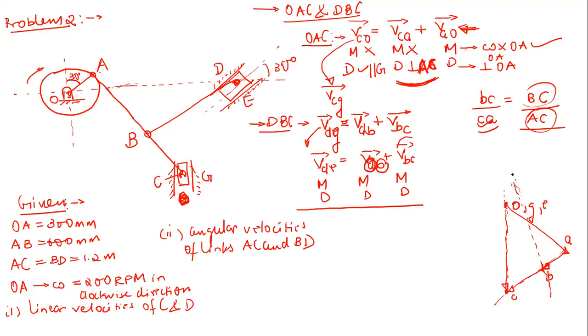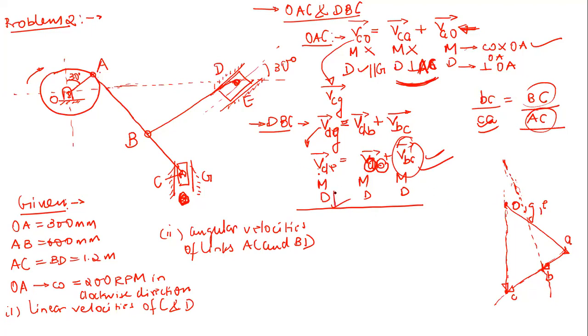And what should be the next step after this? So we are interested to locate this point D, right? Yes, sir. The VBC vector is now completely known to us. Only these two vectors are remaining, and the directions of these two vectors are known, right? So just tell me quickly, what should be my next step? Draw a horizontal line at O. At O, parallel to what? E. Right. So see, this is very obvious.